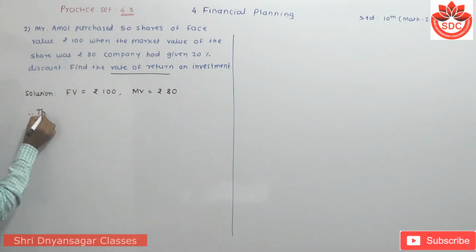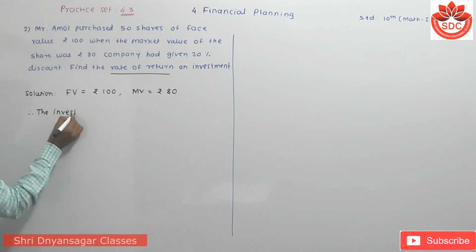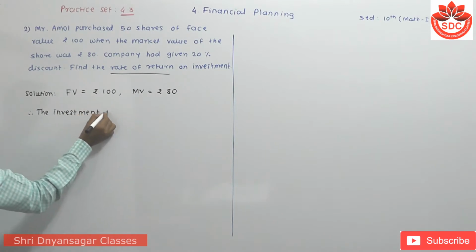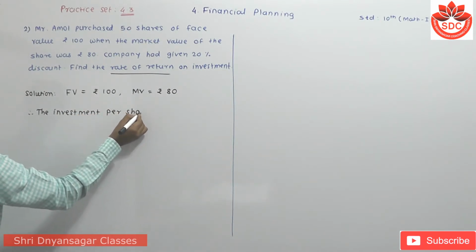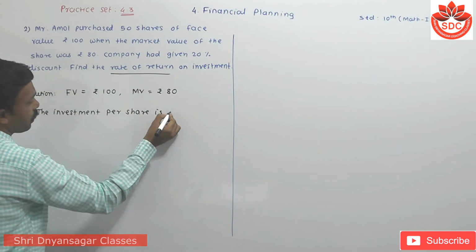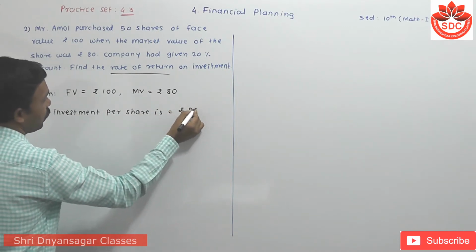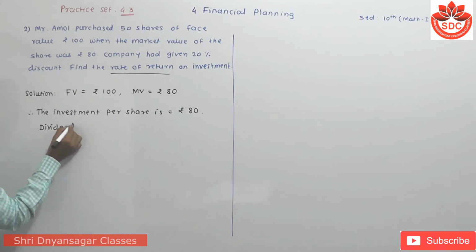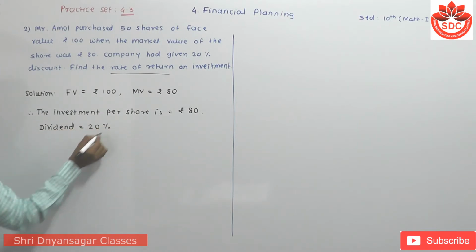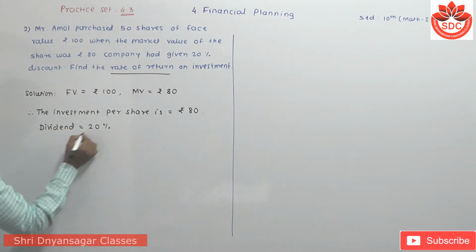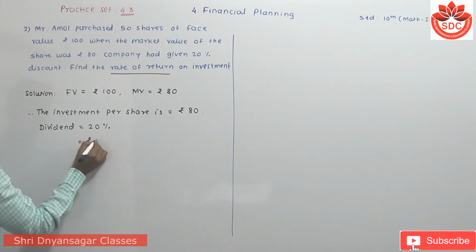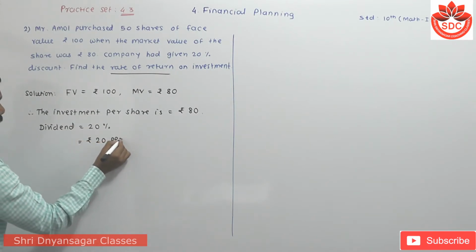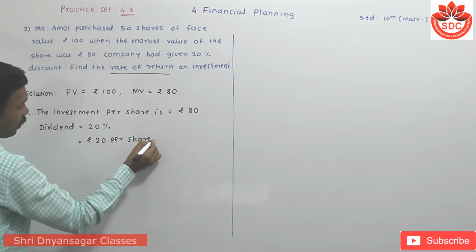Therefore, the investment per share is equal to rupees how much? 80. Dividend is given. Company has given dividend is equal to 20%. Means that it is equal to rupees 20 per share, and